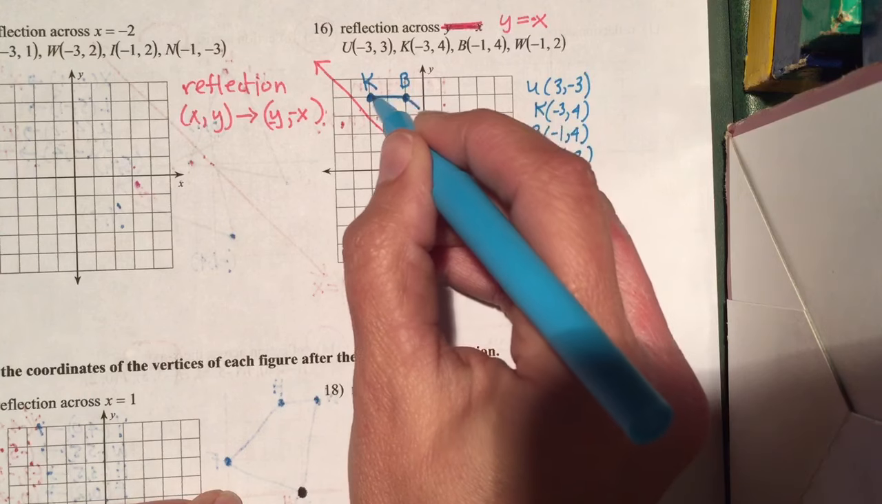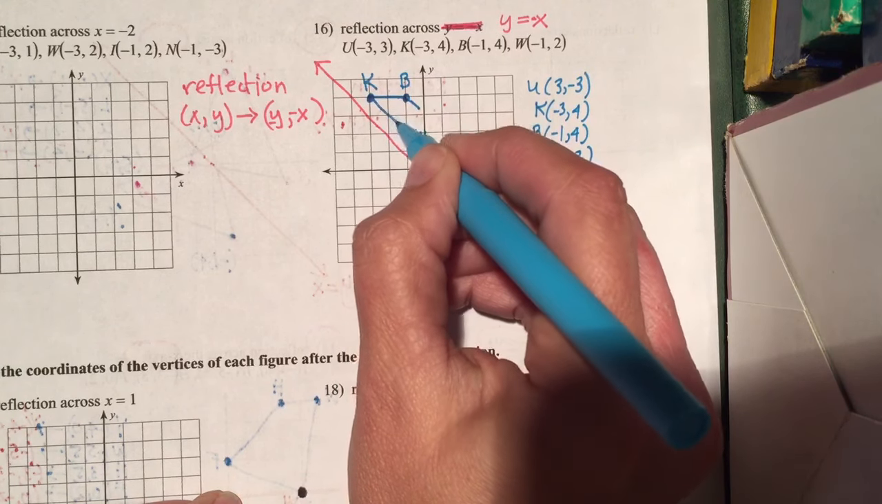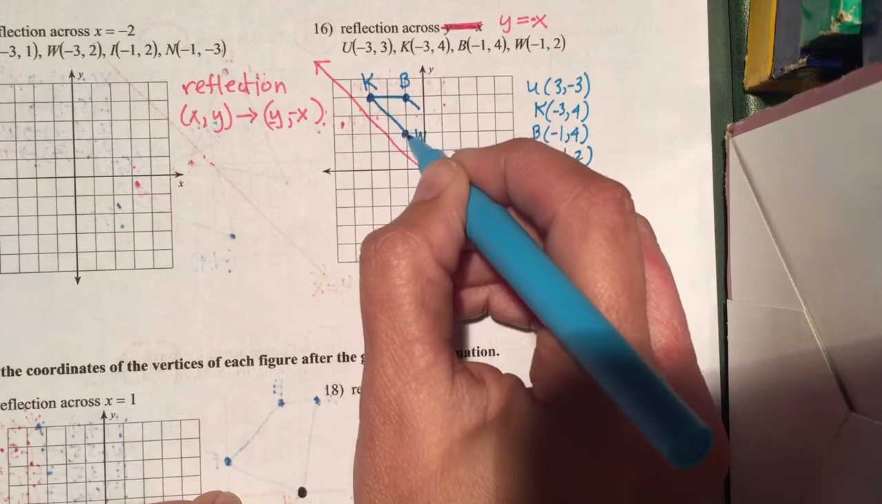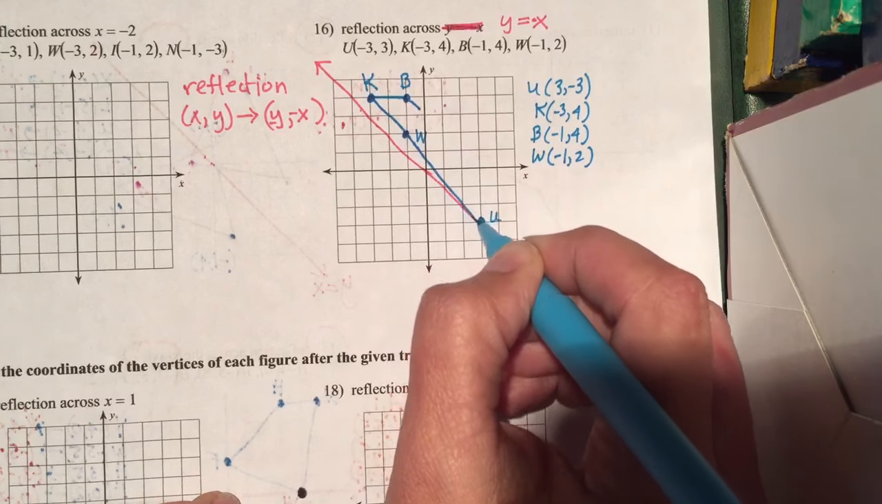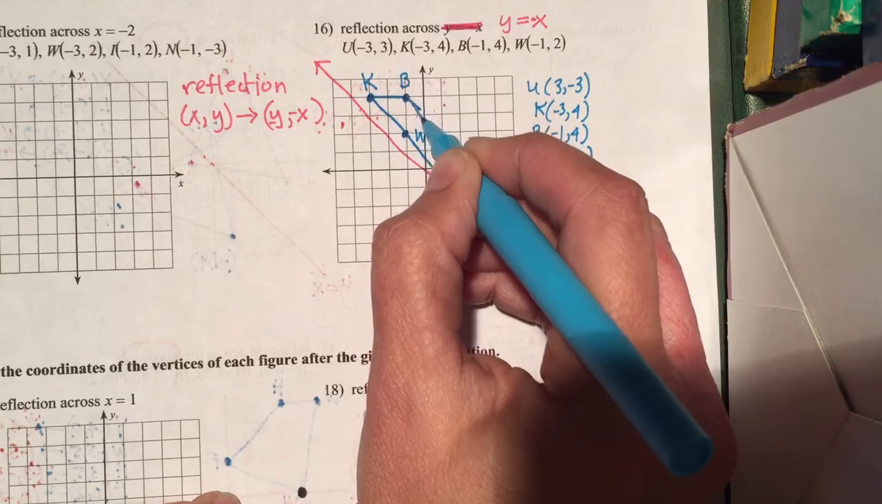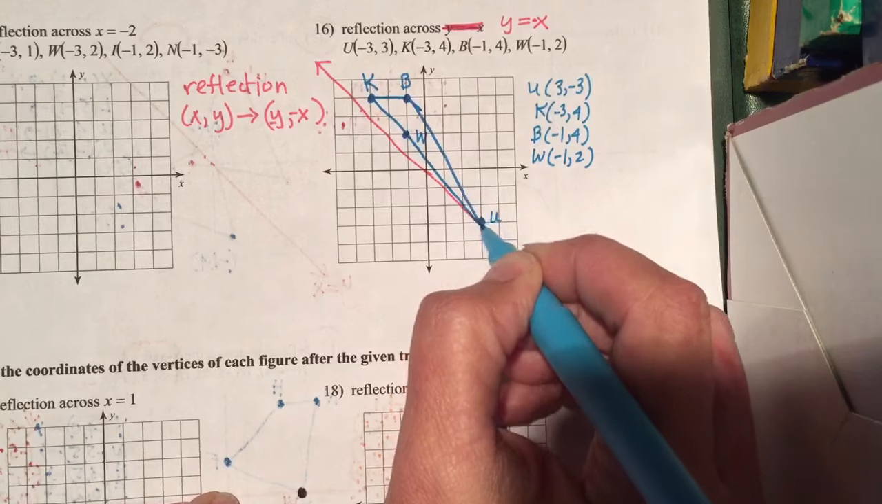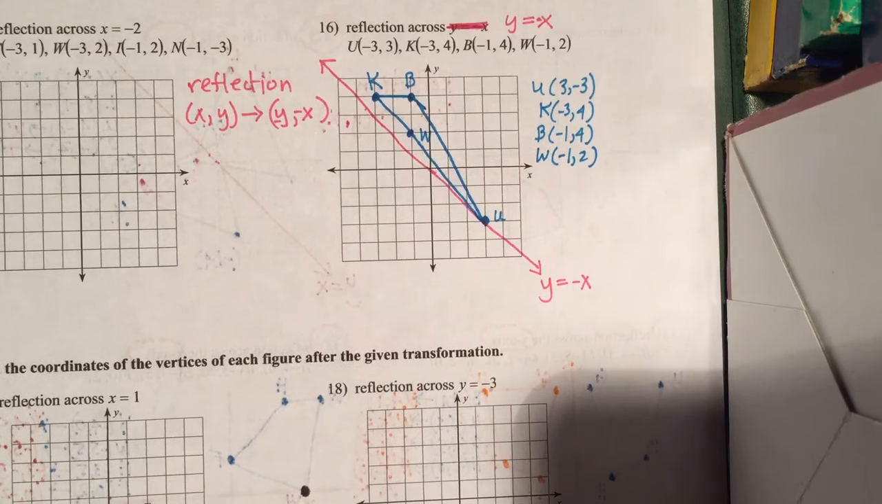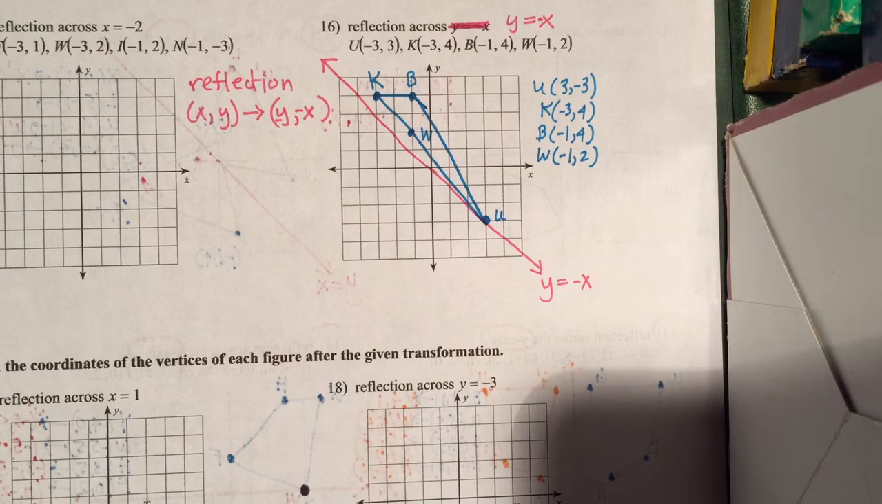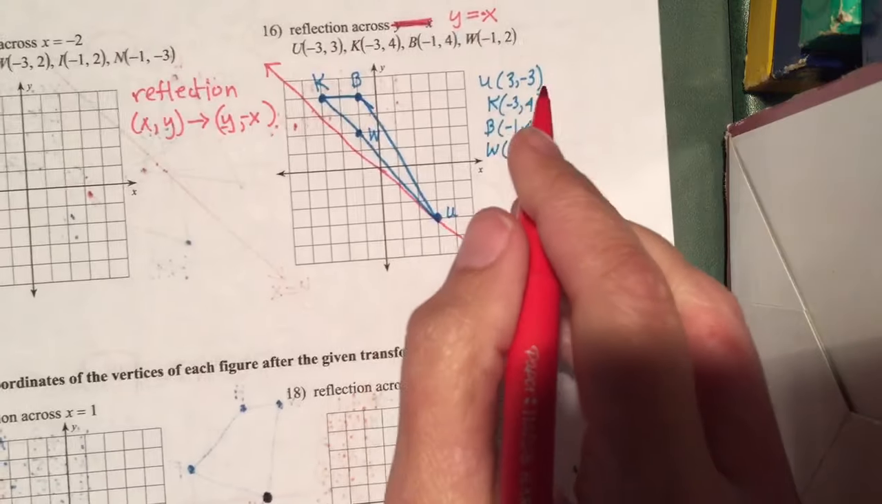And this is going to be kind of a thin figure here. There's a straight line here, comes down here, comes down here. Okay? It's almost triangular, not quite. So we're going to reflect this across the y equals -x line. So what I'm going to do